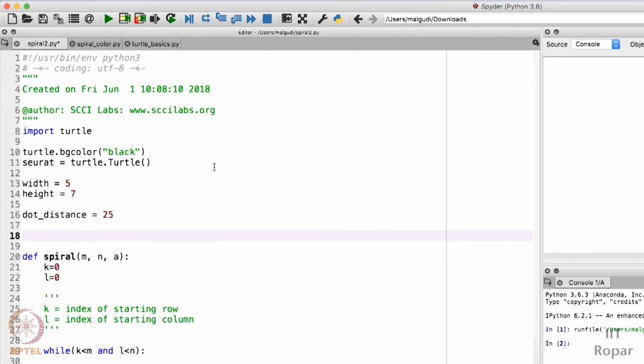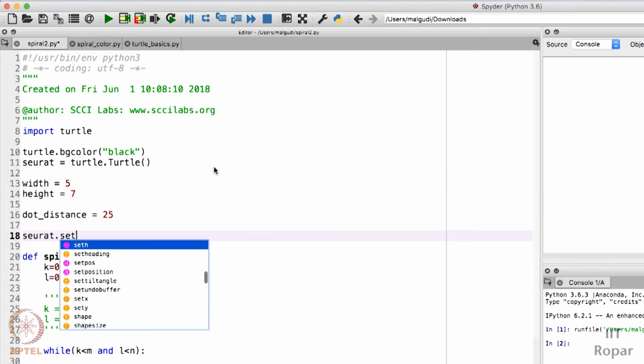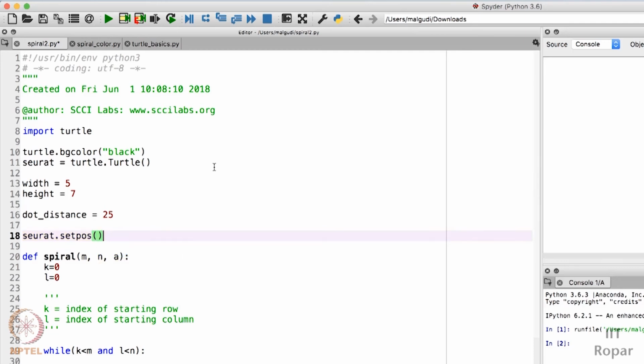Great. Now I created this turtle, but I need an initial position from where it should start. For that I will set the initial position with setposition to -250, 250. You can change this position according to your program, but I am keeping it at -250, 250.